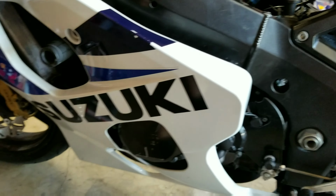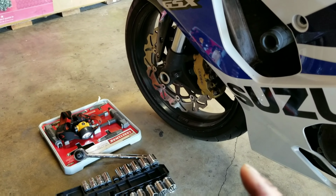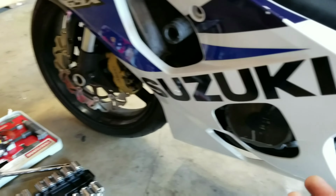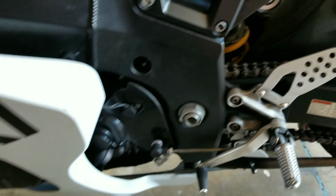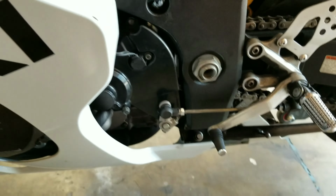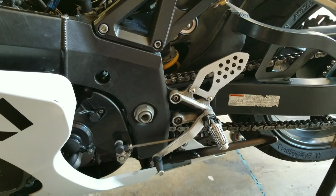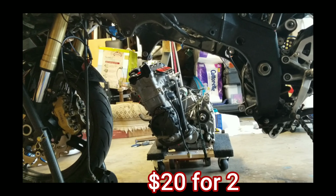So again, upon installation, it may benefit you, if you do have the stand for it, to remove that front wheel in order to get that engine up. What I used was my normal jack, my normal jack just like that, and I got me a dolly, which I picked up from Harbor Freight, and I'll show you some pictures right here